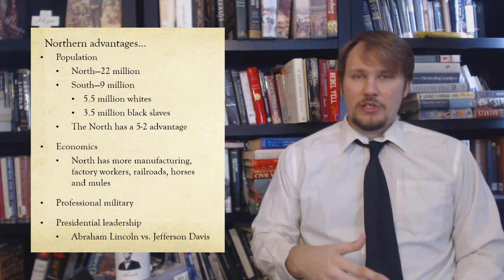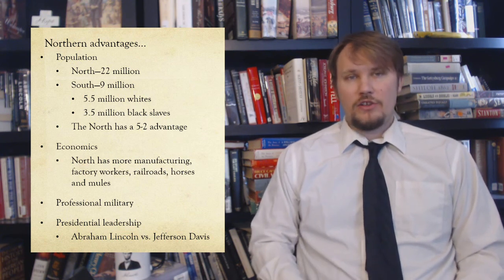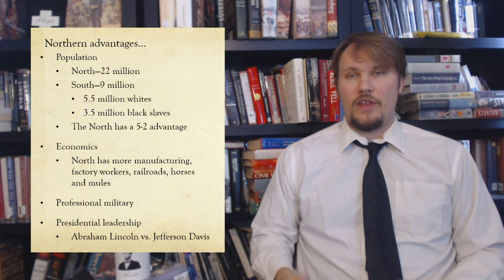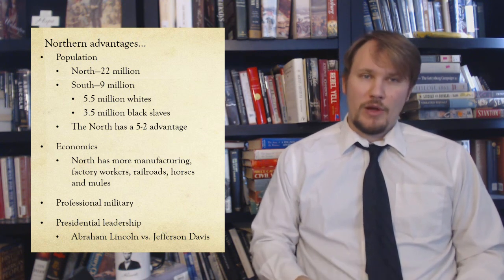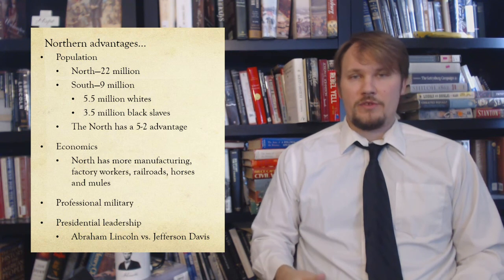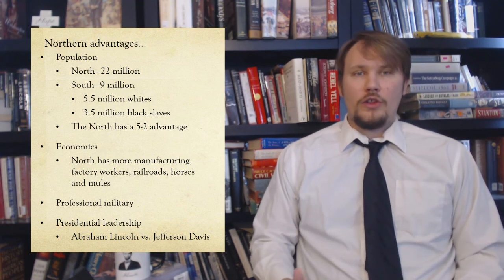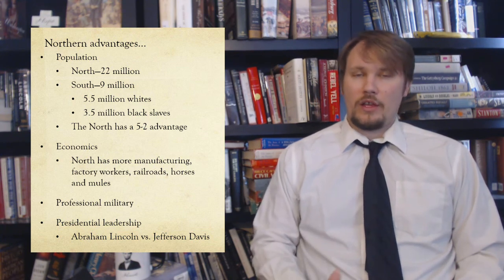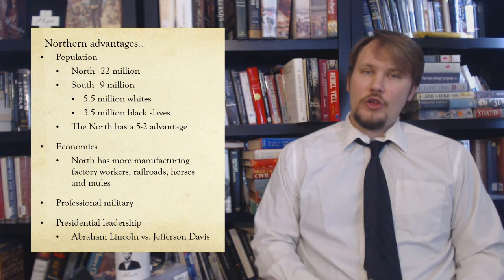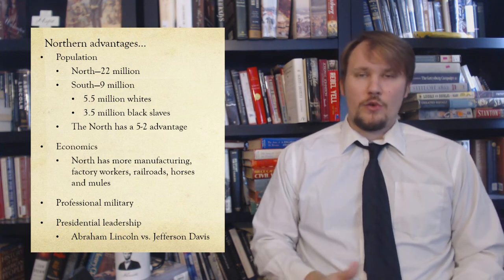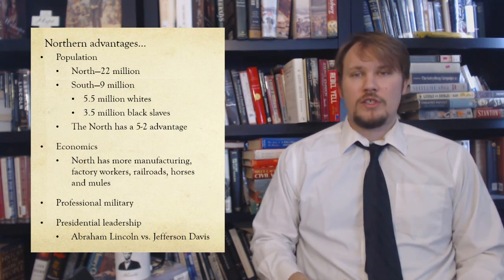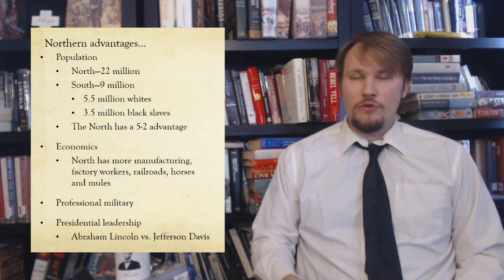Now, when we look at the economic strength, we see that the Union also has the advantage. The Union had more manufacturing establishments and factory workers than the Confederacy did, and that's what they used to turn out the implements of modern warfare, things like rifled muskets, artillery, railroads, ships, wagons, food, etc. In all, the Union had about 110,000 manufacturing establishments or factories, while the Confederacy had only 18,000. The Union also had more railroad than the Confederacy, 22,000 miles to 9,000 miles. The North also has more horses and mules, which is how armies in the 19th century move and carry their